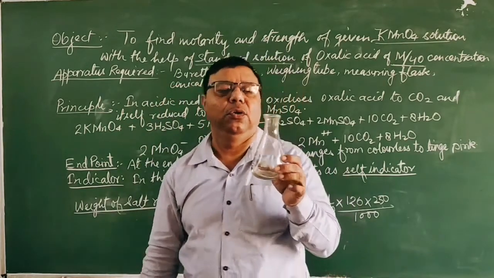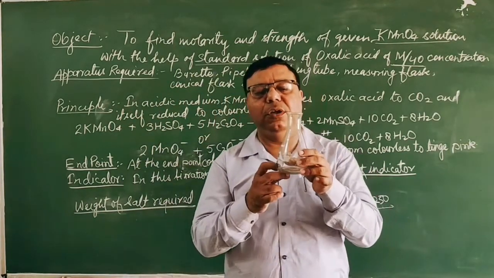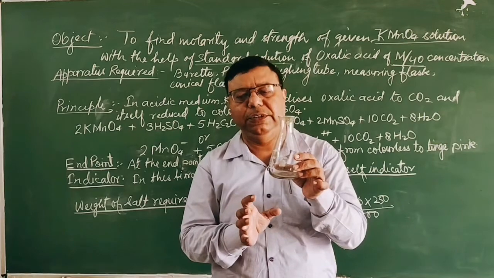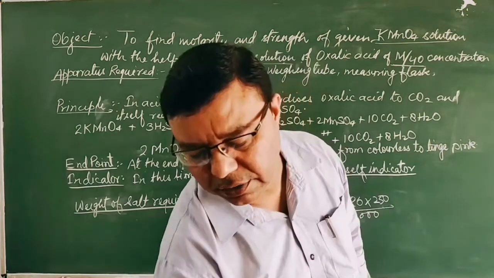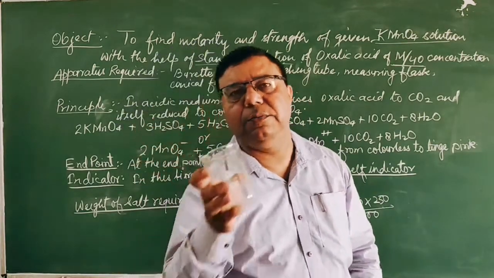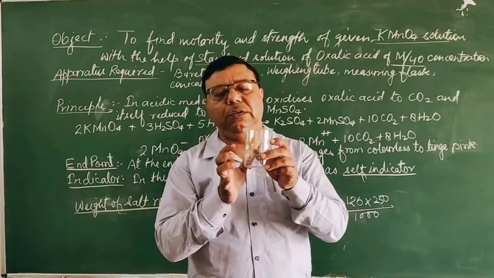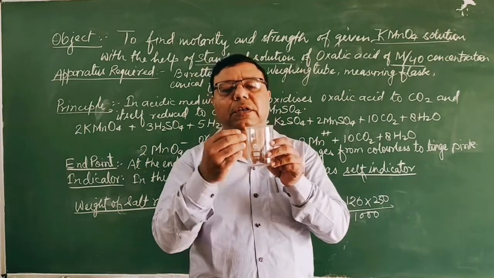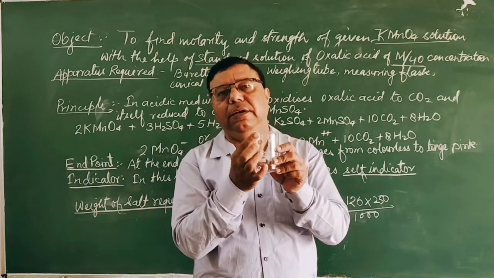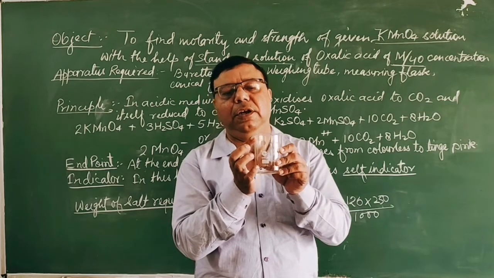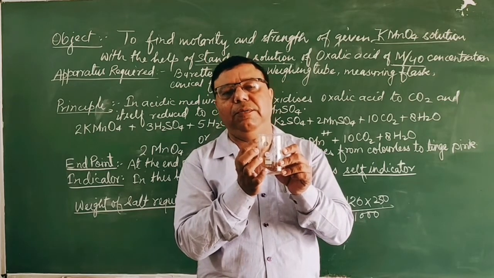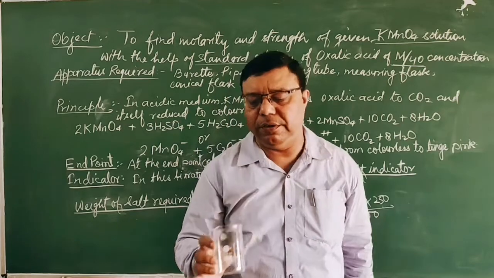And this is a conical flask. Why is it called a conical flask? Due to its conical shape. Clear? And this is a beaker. Why is it called a beaker? Because it has a beak. You know the beak, related to birds. It has a similar shape, so that is why it is called a beaker.